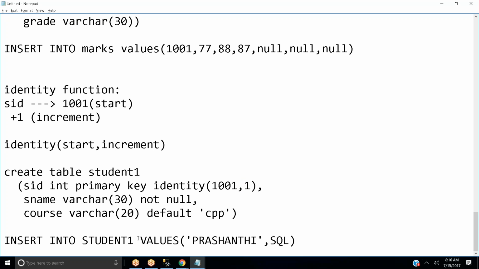Okay, and also which columns are you trying to specify here? Yes, name and course only, right? Am I right? Yes, Prashanti, you are getting it? Yes, Krishna. Okay, what about you, Raghav? Yes, Krishna. Okay, fine. Now for this Student1 table, I am going to insert one new record, but I am not giving my student ID. So by default, it should start with 1001 for sure. So here we will try to execute that.